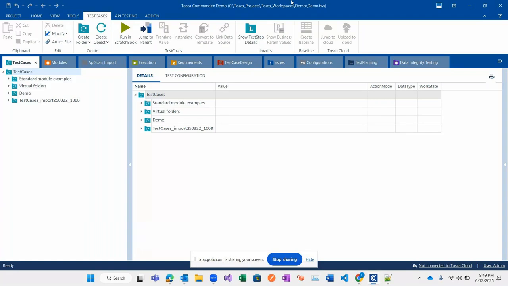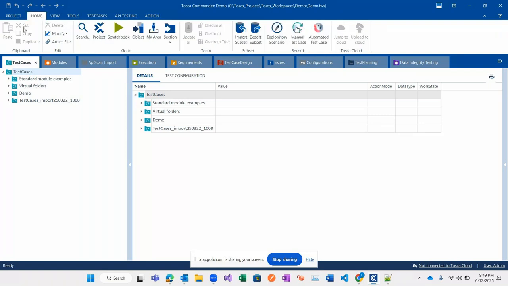So this is what the Tosca tool looks like. This is a title bar, this is a menu bar, this is a ribbon. Ribbon specification is like, whenever you are clicking on any of the menus, it will highlight whatever is in that particular menu. When you are observing all the menus like project, home, view, tools, test cases, API testing, add-on, there will be some